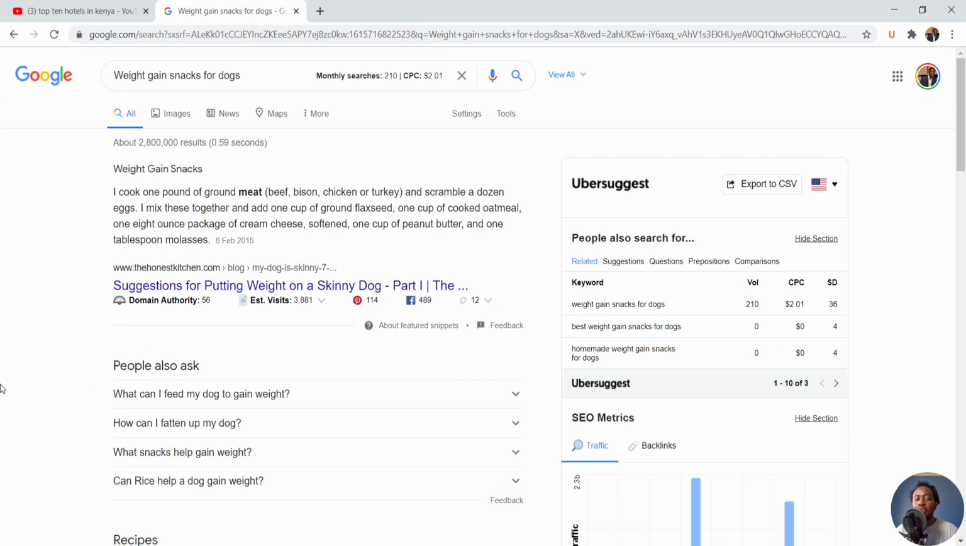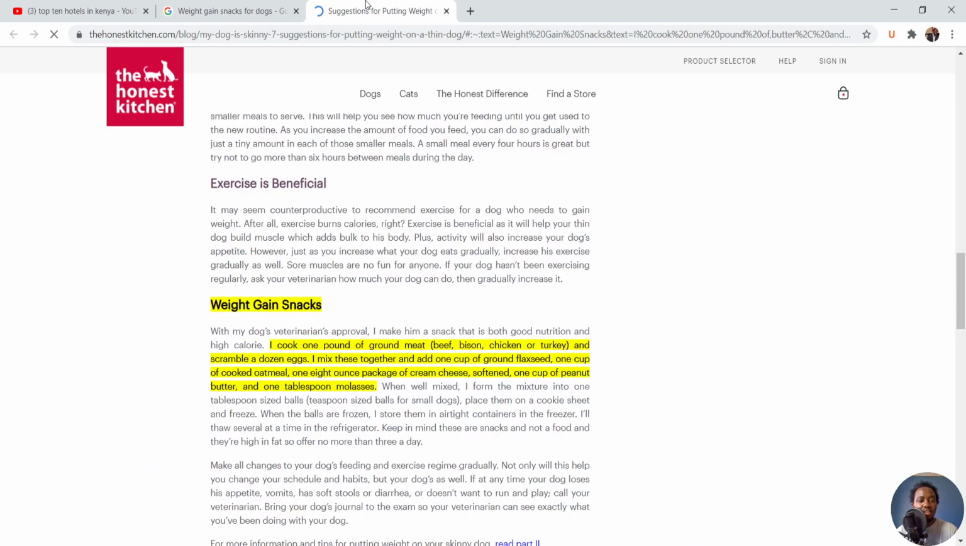People also ask: what can I feed my dog to gain weight? How can I fatten up my dog? What snacks help gain weight? Can rice help a dog gain weight? These are things that people are searching for. You can always see what is written. For example, this is from February 2015, and estimated visits are almost 3,800. If we open this particular article, then chances are, let's see,